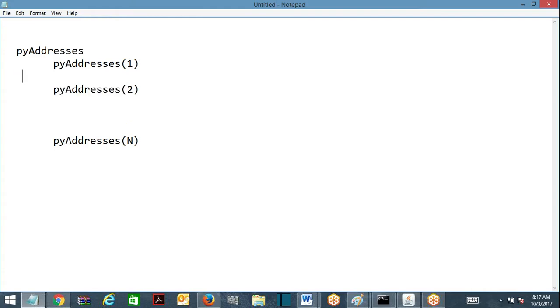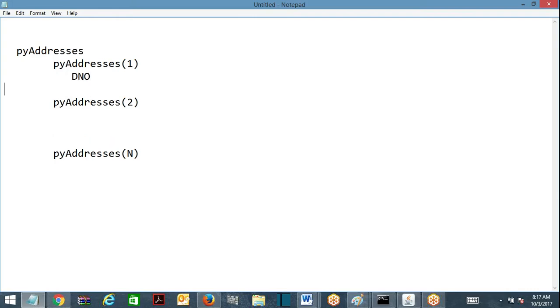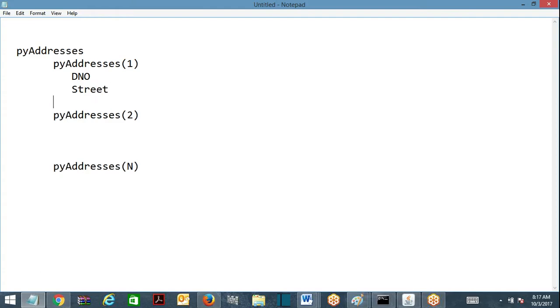So now this is going to hold, suppose, door number, and then street, pin code, state, city, something.